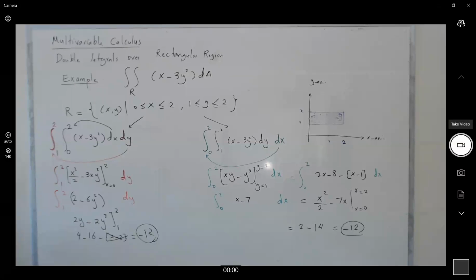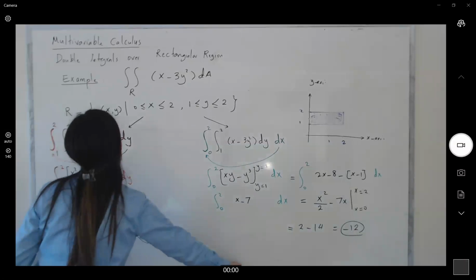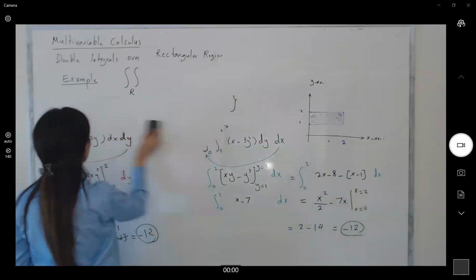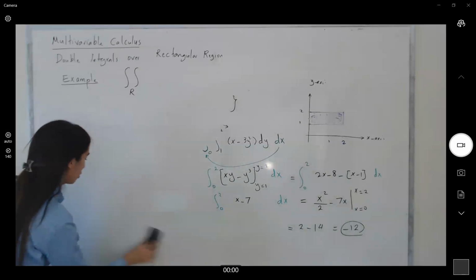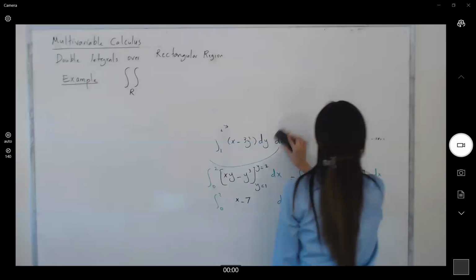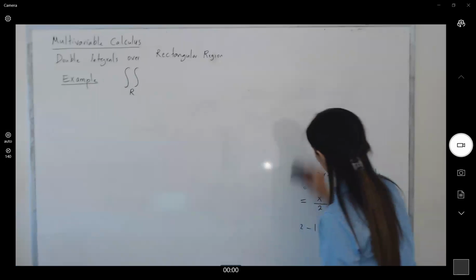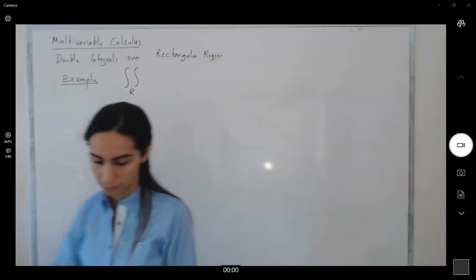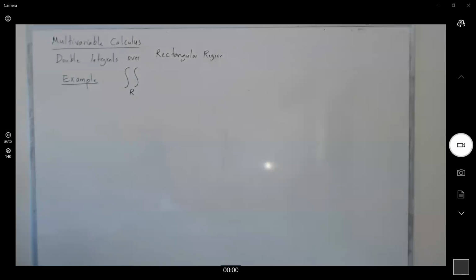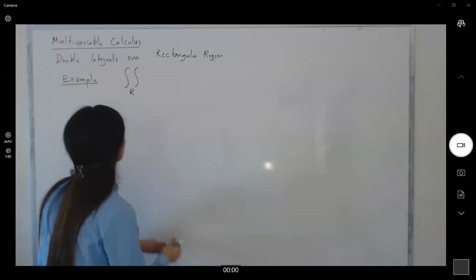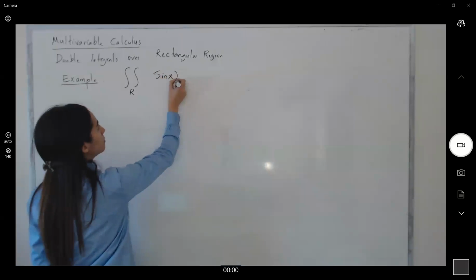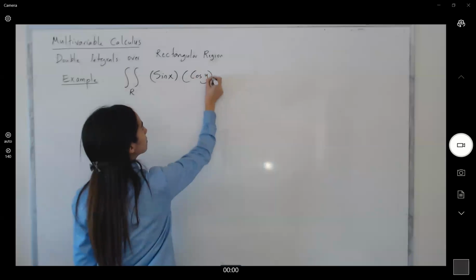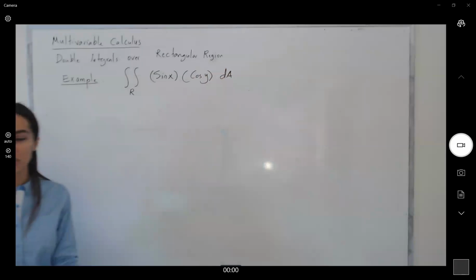Let us take a look at another example. You want to evaluate the following double integral: sine x, cosine y, dA, and your region is given as,